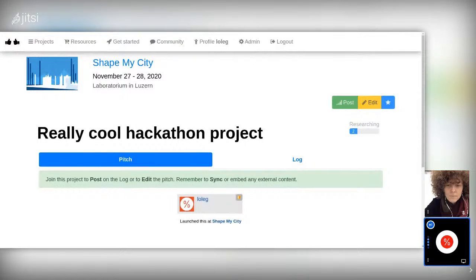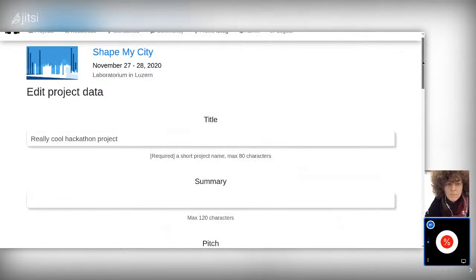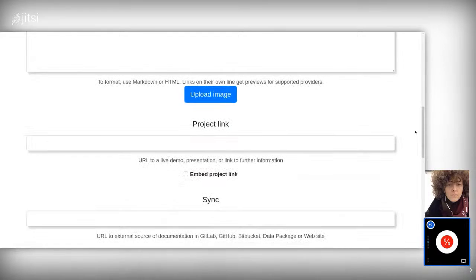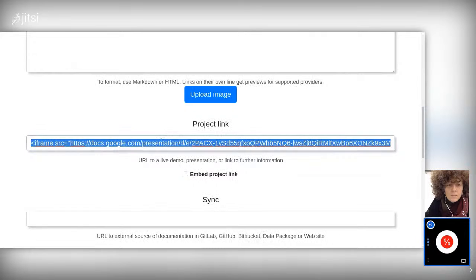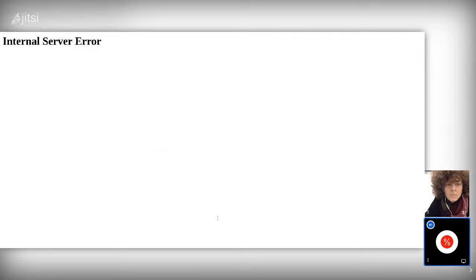And there's two things that are just really important to do here. So first of all, I can edit. And you remember that link I have in my clipboard from those Google Slides? So I can put this here into my project link. The whole iframe thing doesn't matter, really. I can just do that, click Embed Project Link. This is the important one. When I save this page,